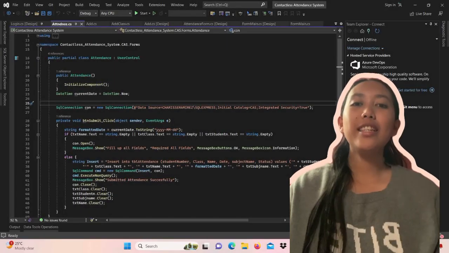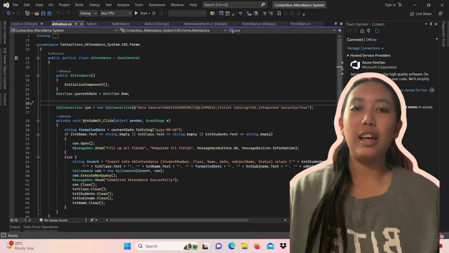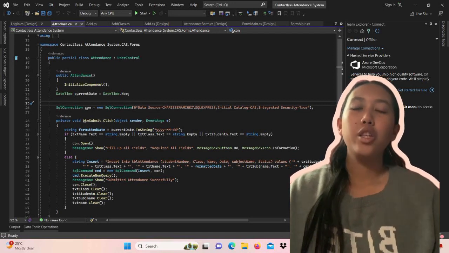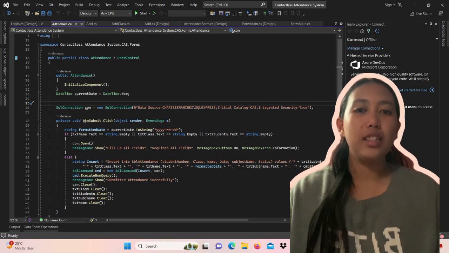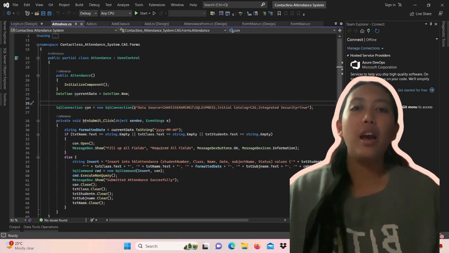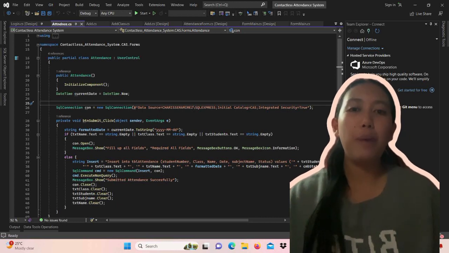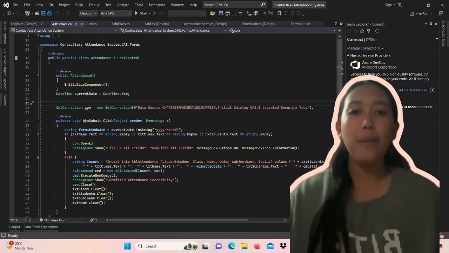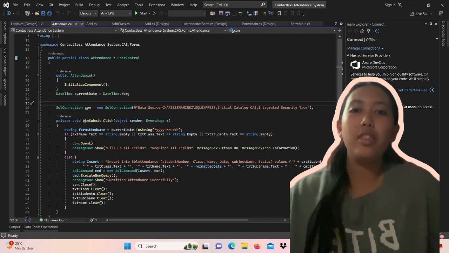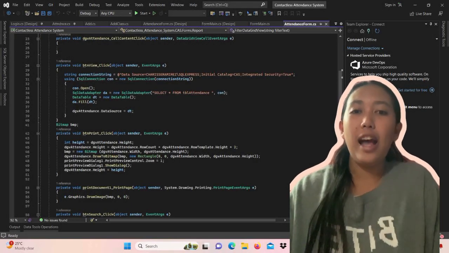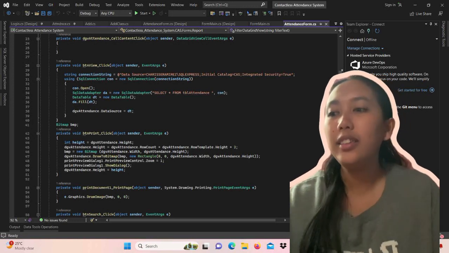After discussing the system, I'm here to discuss the code behind the system. The first one I would like to discuss is the submit button. We use an if else condition: if the text boxes are empty or string.empty, the student is not able to submit their attendance, or else